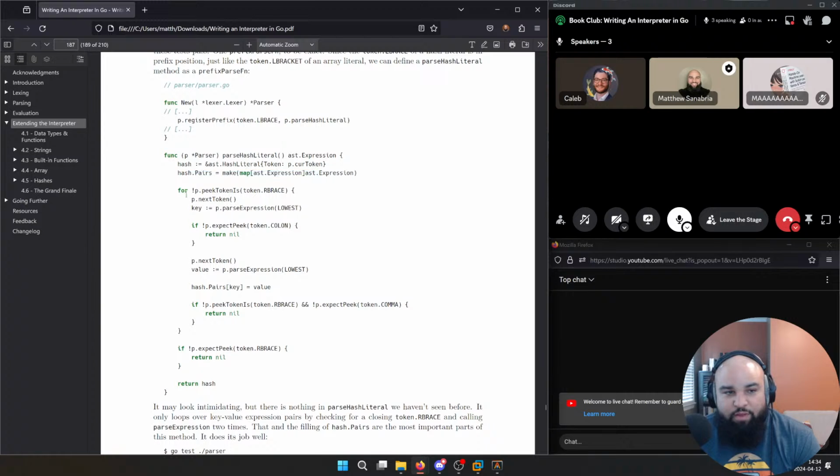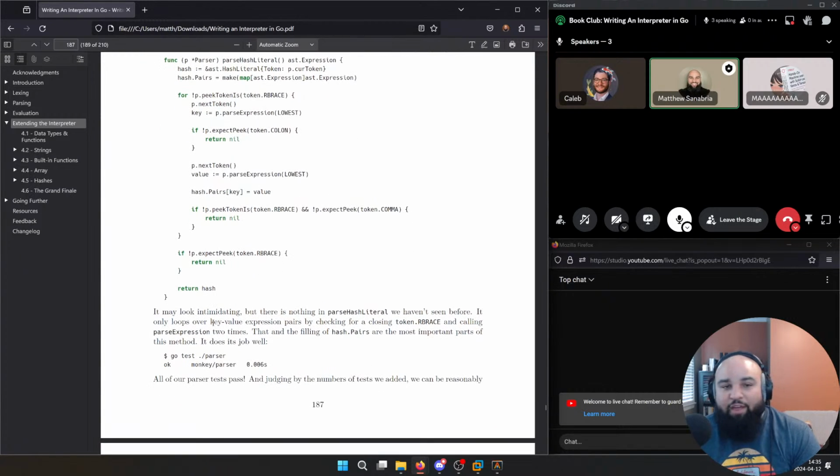When you parse a hash map, you need to build the literal value and parse all of its pairs. And you just walk down the actual hash map and you say, hey, if I got the key and if there's no colon in between my key and value, that's a problem, return nil. Otherwise, there's a value, get it out, add it to the pairs that we've seen so far. And if the hash map doesn't end with a right brace, that's a syntax error, return nil. So you just keep walking the hash map until you get all of your key value expressions and you store them in pairs. So I thought that was pretty interesting. And then you return that back, and that gives you what you need to now evaluate hash maps.